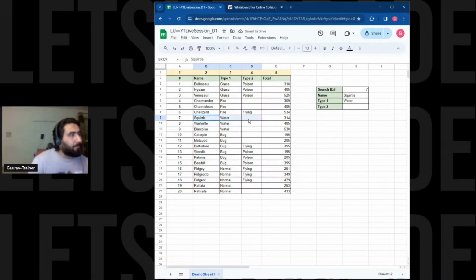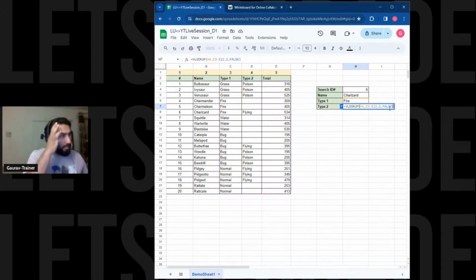Squirtle, water, and type 2 is not missing. If I hit 6 over here, perfect, right? Charizard and fire. And if you go over here again, it is false, and it is C3 till this point. Fine. So why it is not working is because this VLOOKUP is trying to look at this fire, which is coming straight from this point, which is C6, and it's not able to